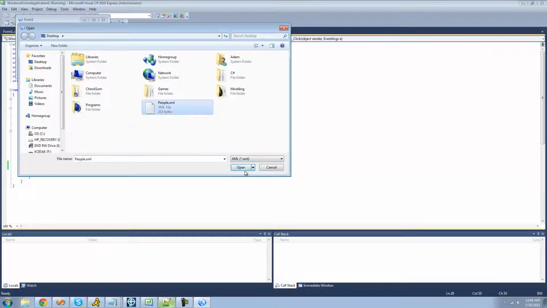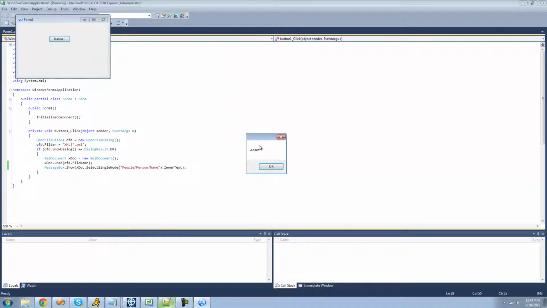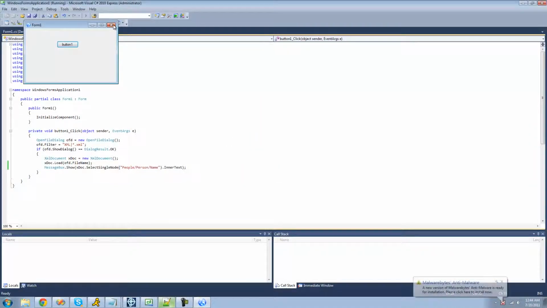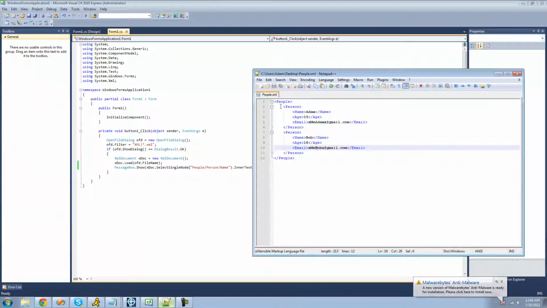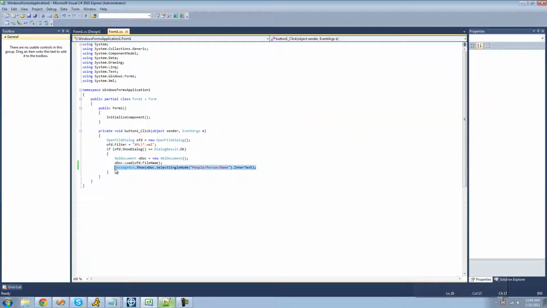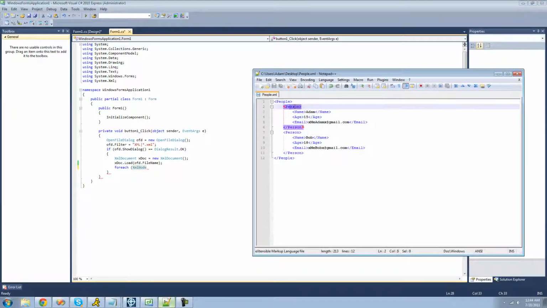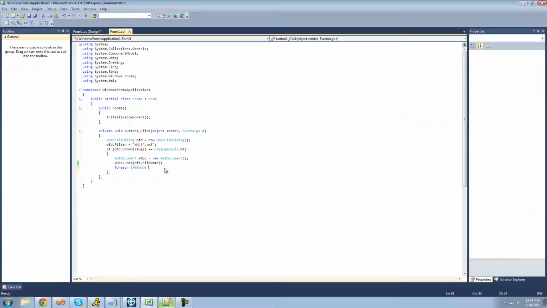So now we're only going to get Adam. We won't get Bob as well. No, we only get Adam. So what we're going to have to do is create a for each statement to loop through each person node inside of this people node. So what we're going to do here, we're going to say for each XML node, so just a node. So for each one of these person nodes, I'll just call it node, in